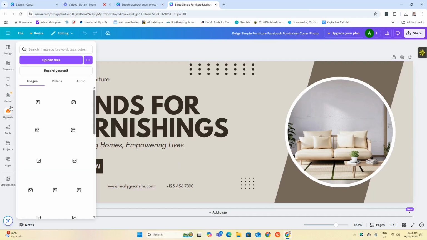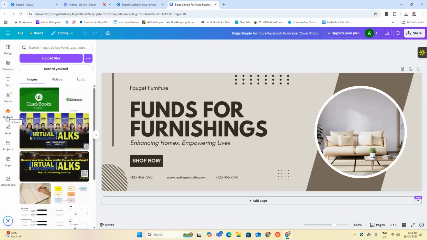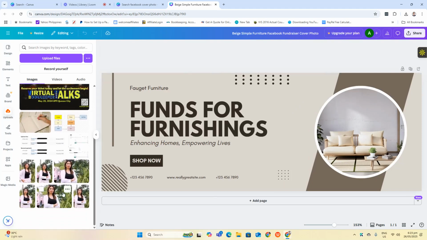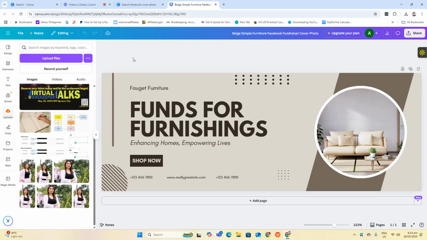Now, make sure you have your images. Okay. So I have here my photo. And aside from that, determine also the two brand colors that you're going to use for your cover photo.